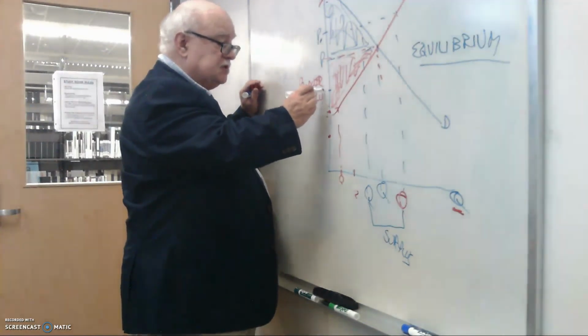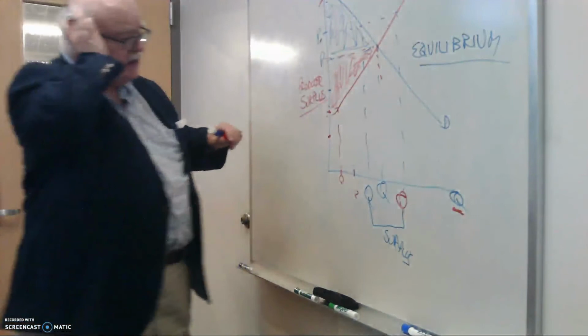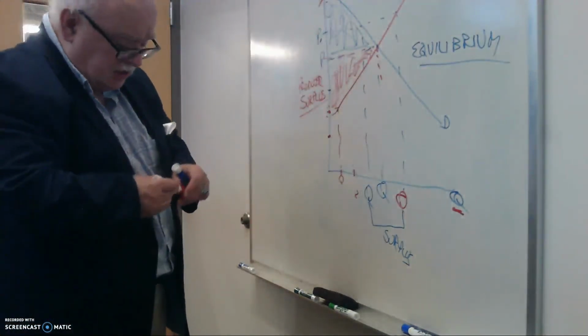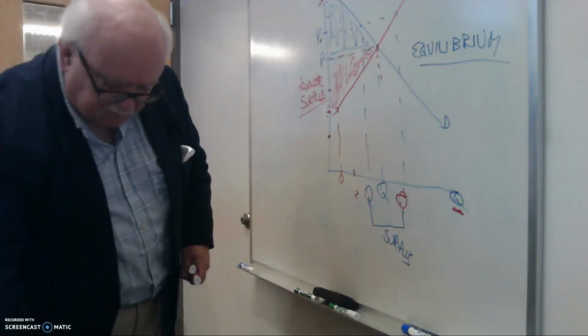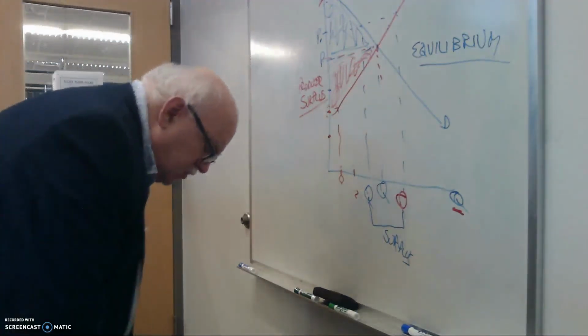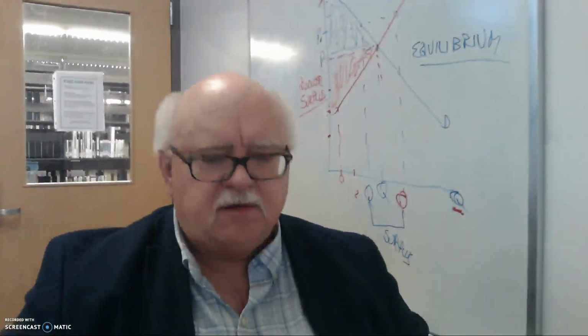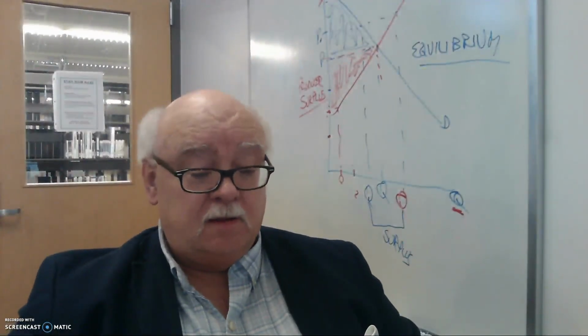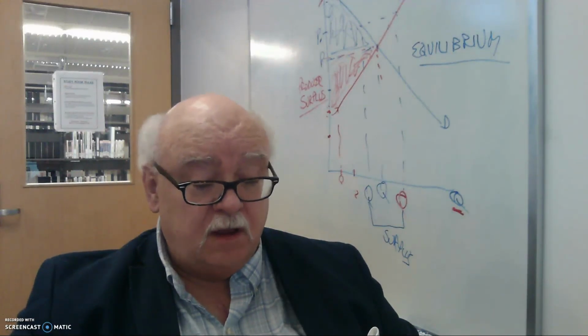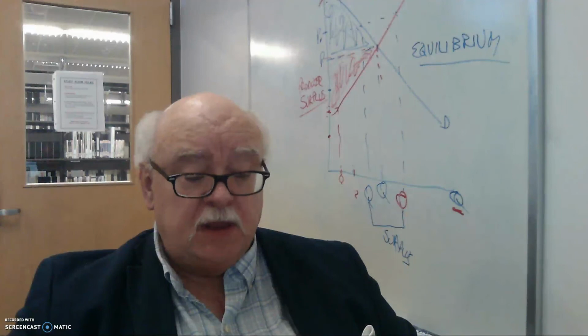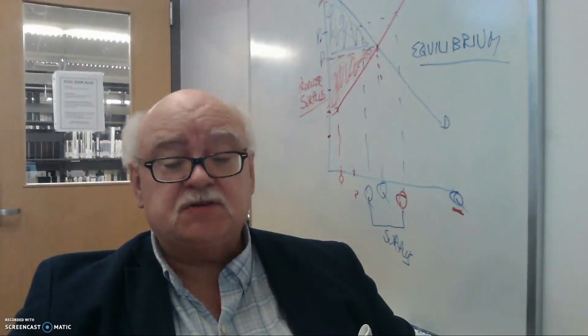So this is the corrective mechanism of the free market, that if there's stuff left unsold, the price will drop so they can get rid of it. And if there's more demand, the price will rise. Anyway, this is